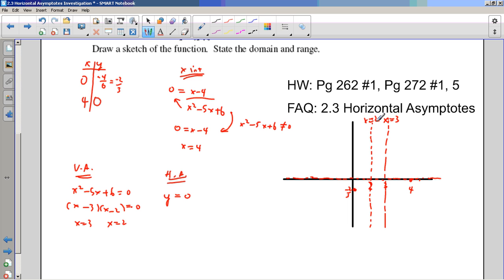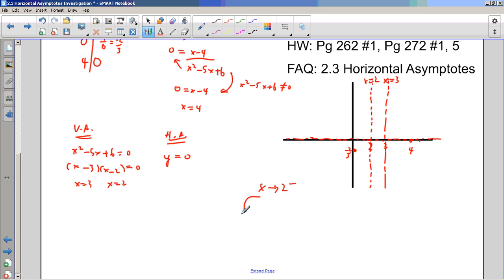For instance, x goes to 2 from the left. Well, what did we do? How do we do this? I'm going to use my logic technique. You could do a table of values. X is 1.9, 1.99, 1.999, figure out whether it's going high or low, but I am going to think of